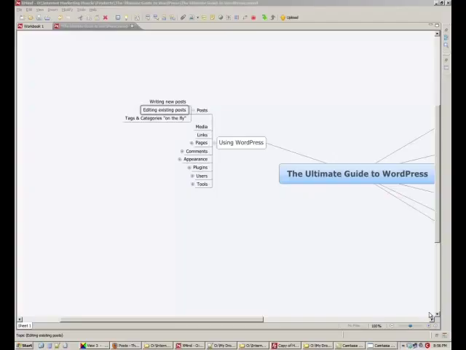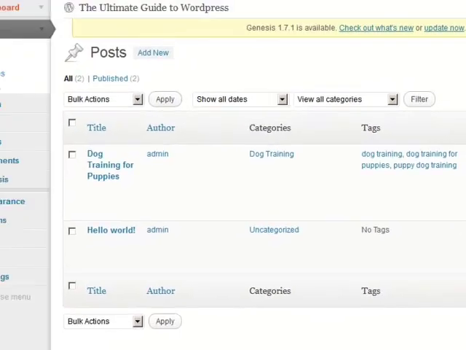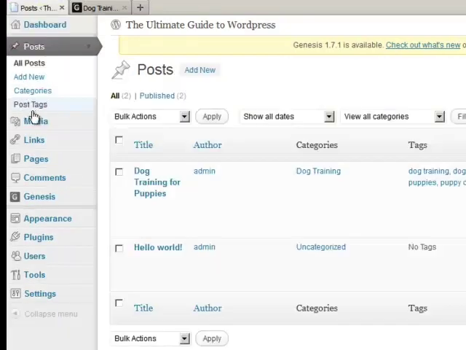Okay, the next step we take in using WordPress as far as posts go: we just finished writing a post, so now we're going to go back and edit it. So let me show you how to do that. From your dashboard, you click on All Posts, and then see how once you hover over the title of the post, a submenu comes up. Click on Edit,